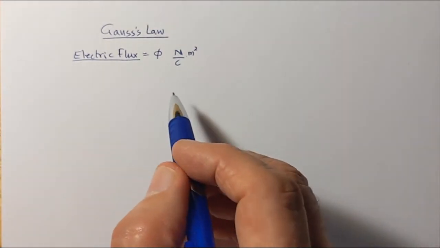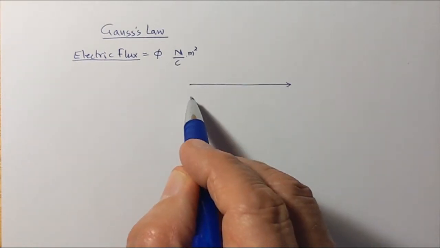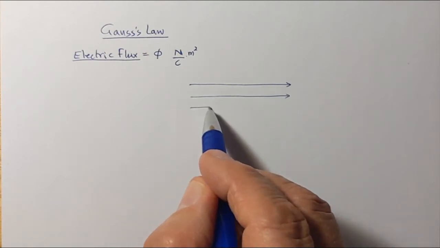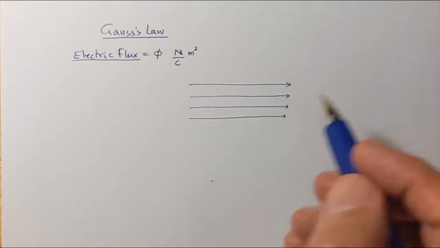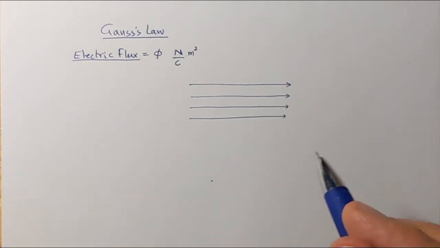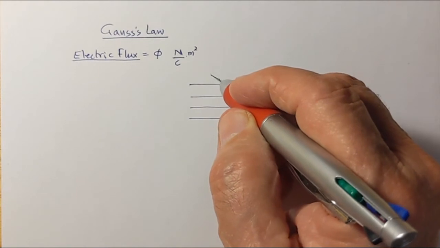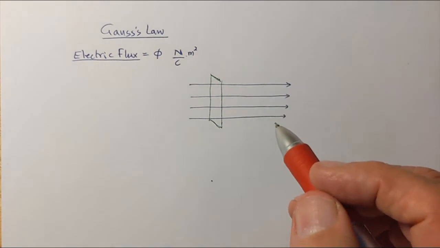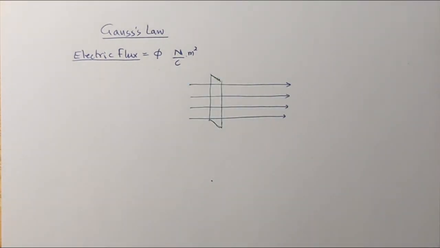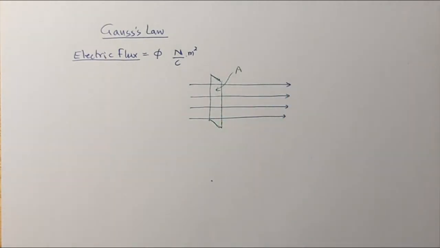So let's suppose that we have a parallel electric field. So that's our electric field, which is uniform. So the spacing between the lines should be the same, and all of them are parallel to each other. So it's a uniform electric field. And let's suppose we have an area which is, well, we'll show it like this. It's a rectangular area that's perpendicular to the field,